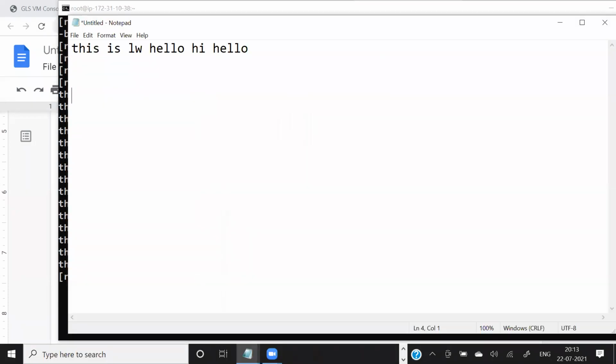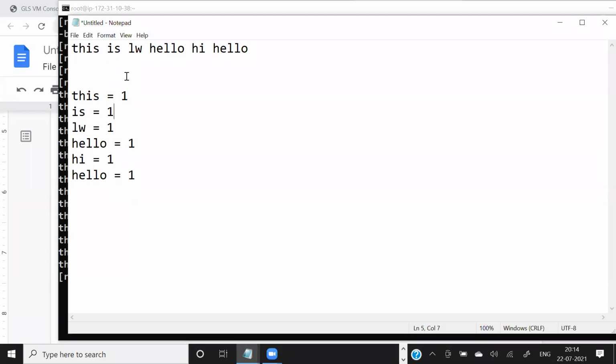So we split this line into words: this, Linux world, hello, hi. And after we split, we give every word a number. Again, this comes once, this comes once, this comes once, and so on. If you remember in Hadoop, I explained that if you split a line into words and give some number, this concept is called mapper.